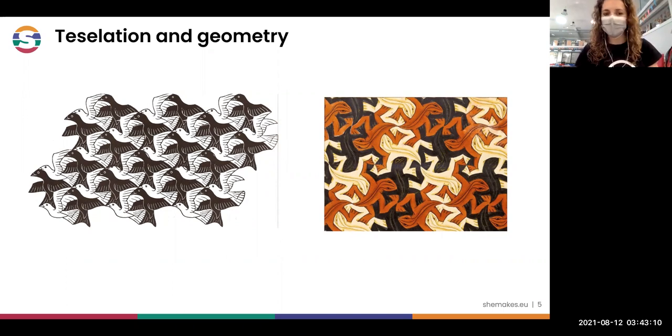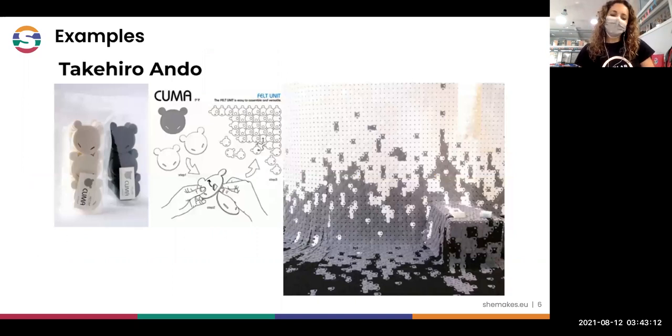These are some of the samples. Using these ideas, there are some designers in the world that make these pieces, only one design, and when they interlock these pieces, they make nice garments like curtains, like bags, and so on.